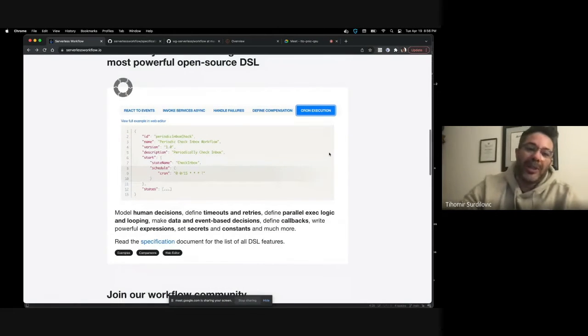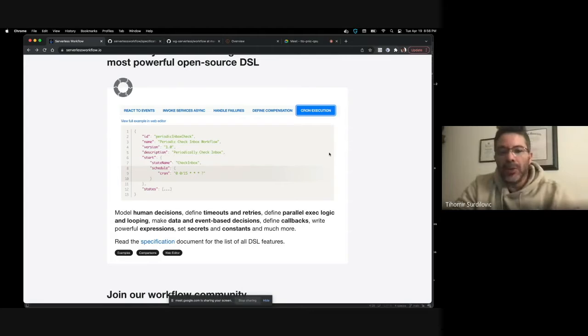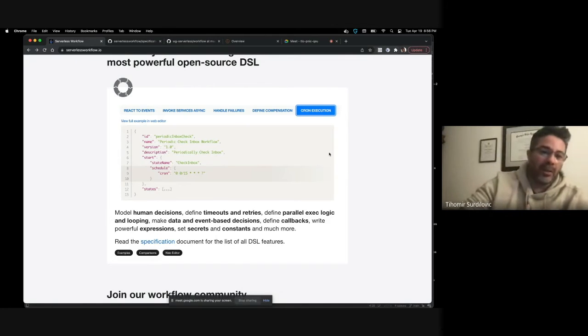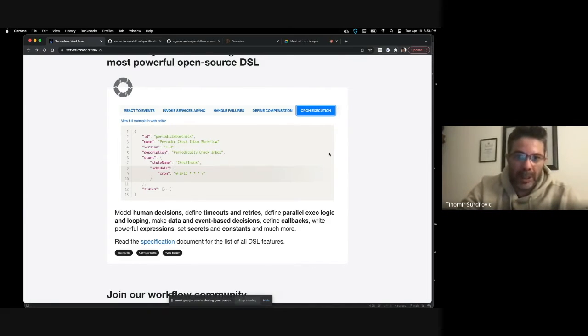Starting workflows is always important. You can start workflow executions with some sort of input parameters such as JSON data. And one thing that's interesting, the workflow definition is JSON and YAML. The workflow data with DSLs is almost always JSON, right? So that's why we kind of need an expression language like JQ to actually be able to manipulate the workflow data during workflow execution. Starting workflows can take some sort of initial JSON as data input,